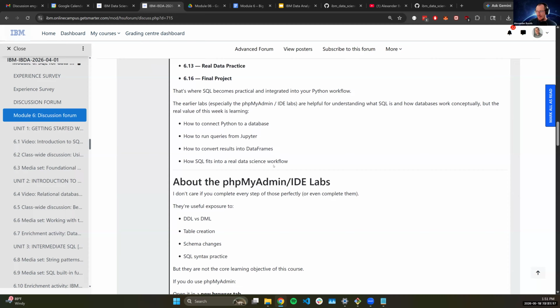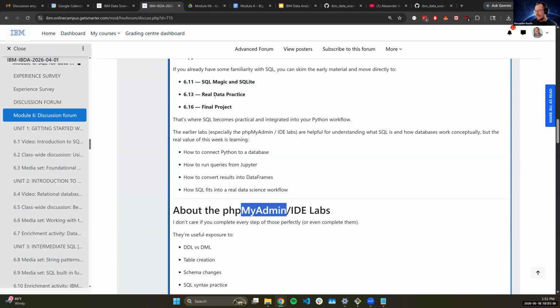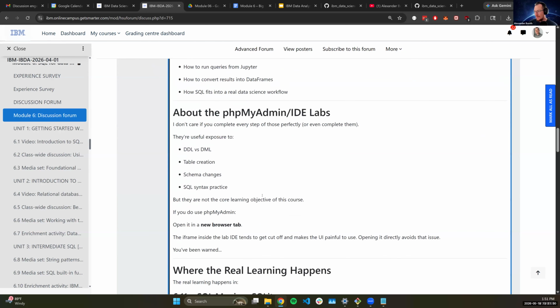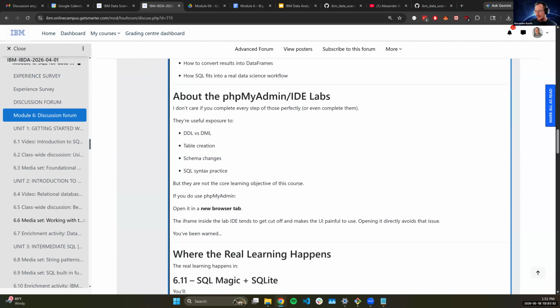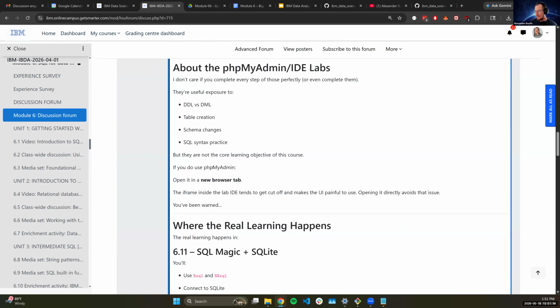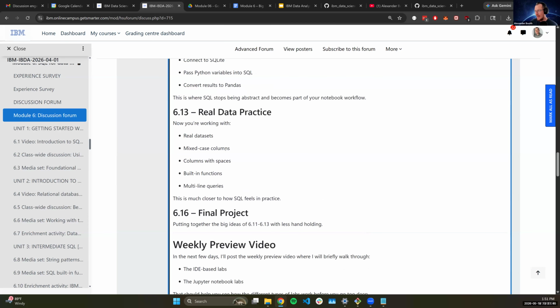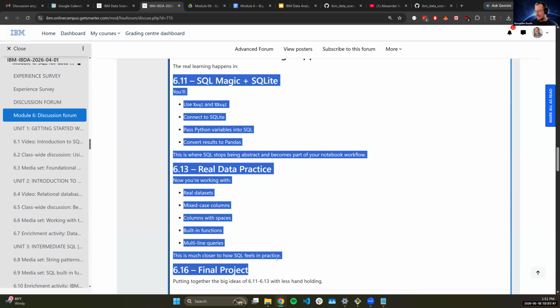There's 3 different types of labs that we'll demo here today. I call them like an IDE lab, and then like the MySQL labs, and then the notebook labs. So we'll work through all of them. Don't feel like you have to do every lab in the week. There's way too many of them. Try and open up MySQL in a new browser, just because it gets cut off otherwise, and really, really focus on tying data back into Python and Pandas.